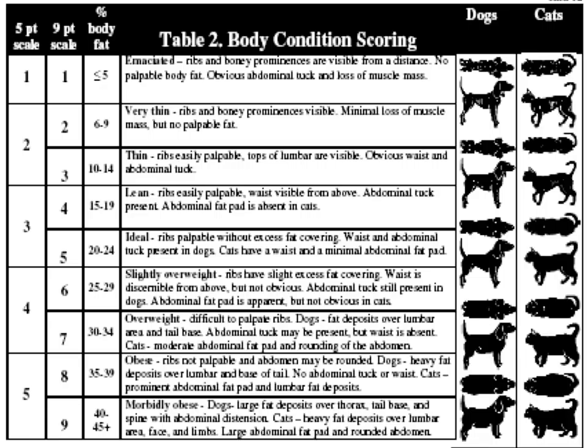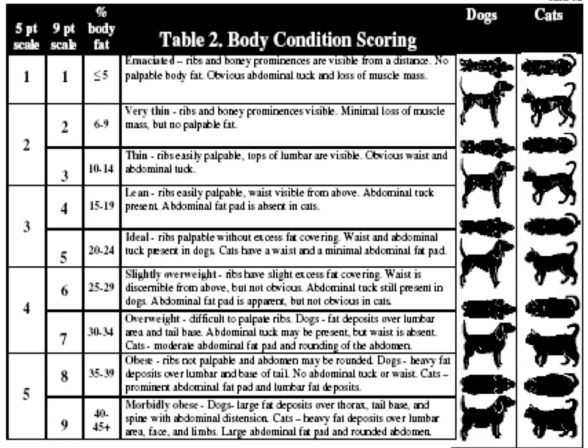Physically, what you can notice in your pets is that when they're in optimal condition, they have an hourglass appearance. If you stand above them, they have that indentation behind their ribs. You can run your hand along the side of their chest, and you can feel the ribs, but there's a little bit of cushion between your fingers and the bone. You can run your hand along the back, and you can feel the tops of the spine, but again, there's some cushion there. And they don't have obvious deposits of fat. They don't have the fat that hangs down between their back legs, the big saddle bags over their rear ends, or the fat that accumulates around their neck.